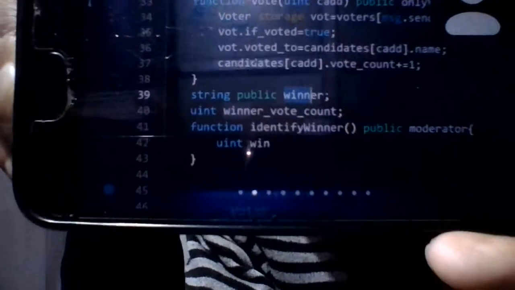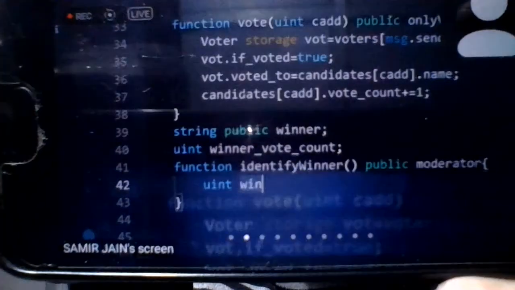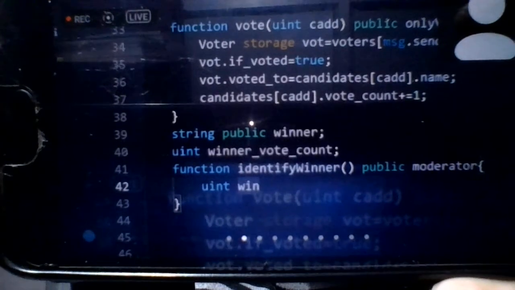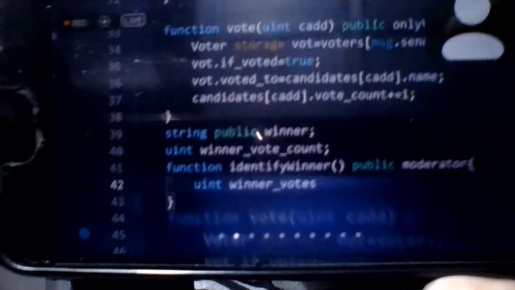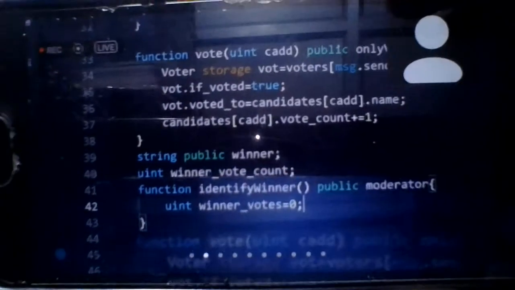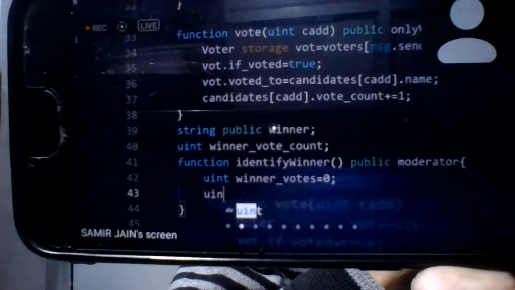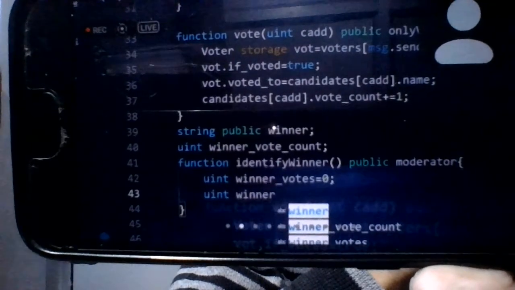So winner votes, how many votes he has got. Initially we are defining it as 0 because we are going to find it later on. So we are initializing this. Winner index will be there.